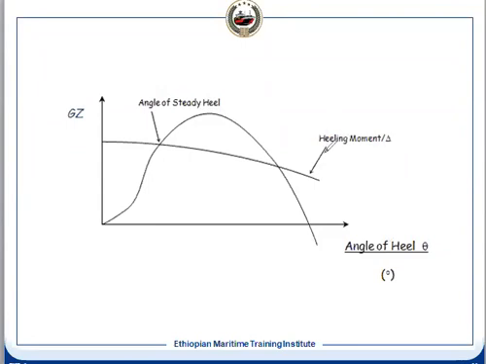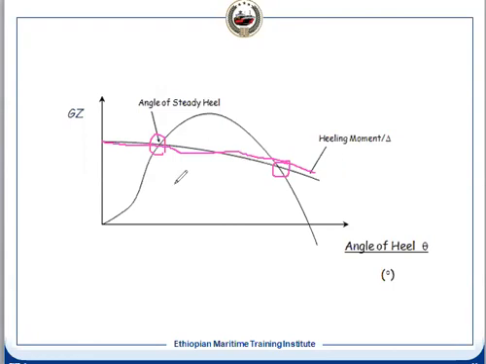Divided by delta, you will get a value, which is GZ. If we plot that on this, then what will happen? This line will be like this. Once you draw this line, you see it is coinciding at 2 points, because our statical stability curve is this. So what does it mean here? At this point and this point, the heeling moment and the righting moment will be equal.